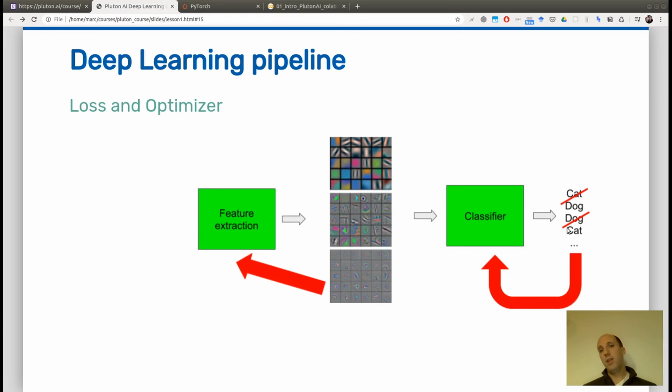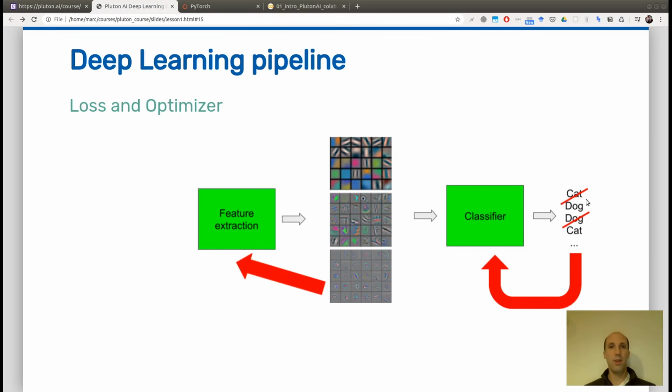Now, the way we learn the parameters of the classifier and the feature extraction bricks is thanks to an optimizer whose role is to minimize the loss, which means that in a sense you try to minimize the number of errors you are making. We will see that it's not exactly the number of errors that you are minimizing, and we will see this